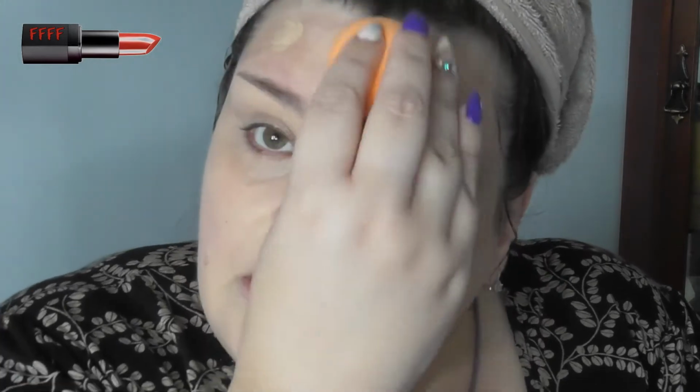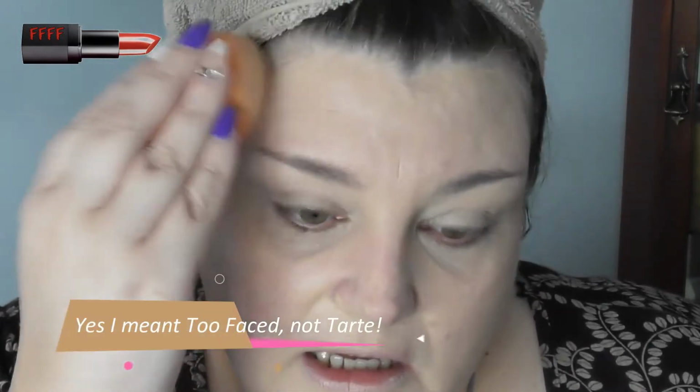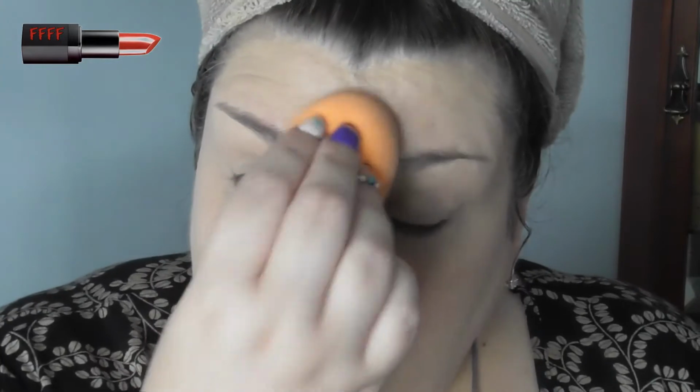But this one has not long been available in the UK. You can get it direct on Tarte's website. I believe Cult Beauty, as well as Debenhams now, have Too Faced stocked. And if you're in London, I do believe that there is now a Too Faced store. Is it Carnaby Street? Or am I just imagining that? But definitely somewhere in London there is a Too Faced store, because